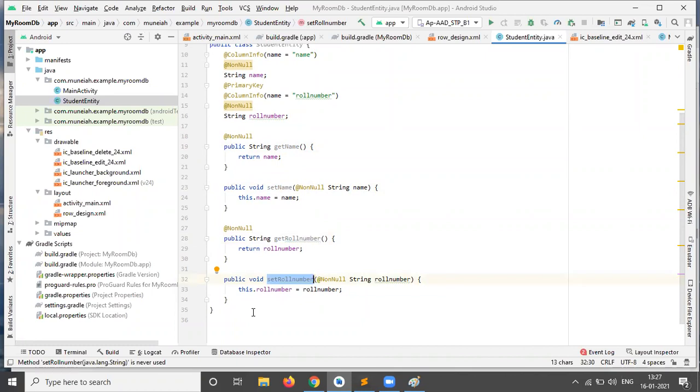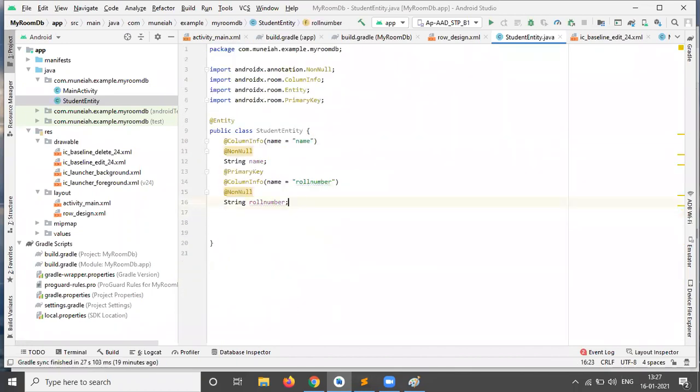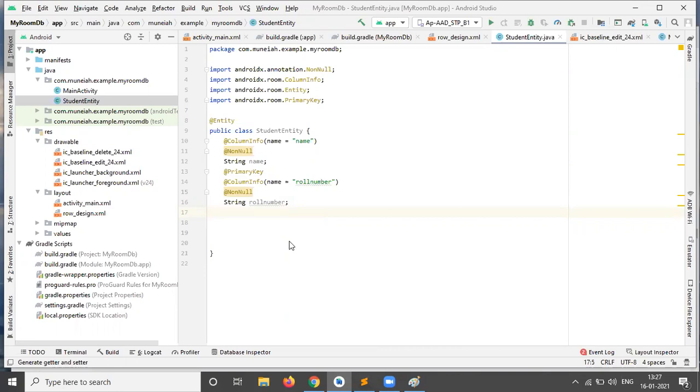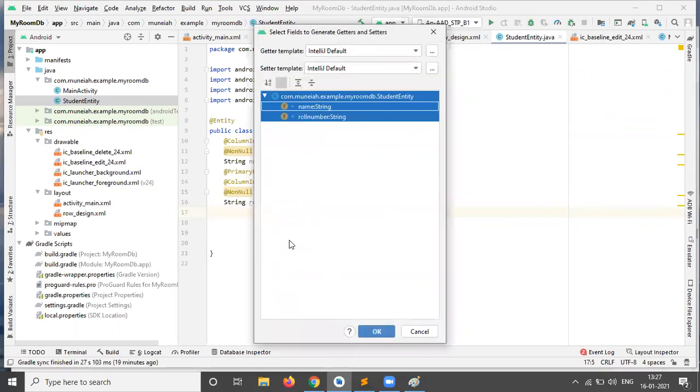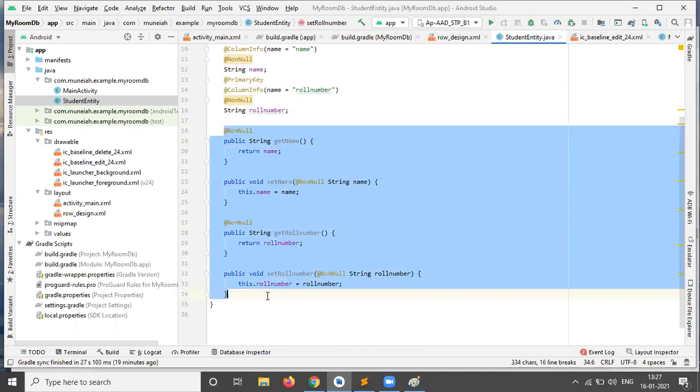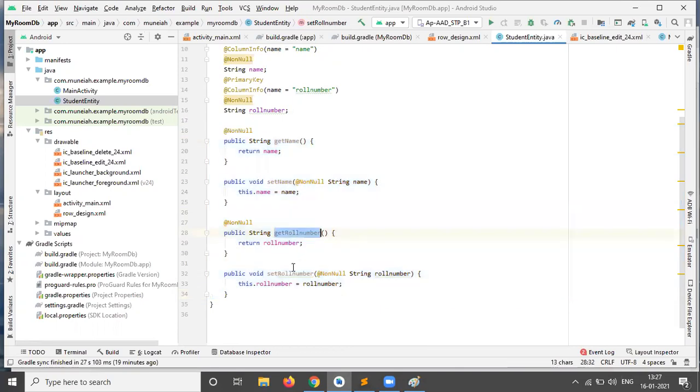One more time, I'm repeating to you. After the roll number, go to the 17th line, right click, Generate option, getters and setters, select all with Control A, click on OK. It will import this code: get name, set name, get roll number, set roll number. Have we done this entity part?